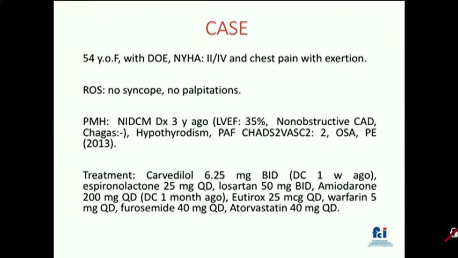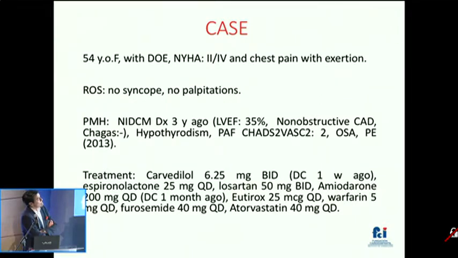As a history, she came referred with a diagnosis of dilated cardiomyopathy of non-ischemic origin, diagnosed for the first time 3 years ago. She had an ejection fraction of 35% at that time, with coronary arteriography without significant lesions, and a negative Chagas test. She has hypothyroidism and also paroxysmal atrial fibrillation, CHA2DS2-VASc 2,